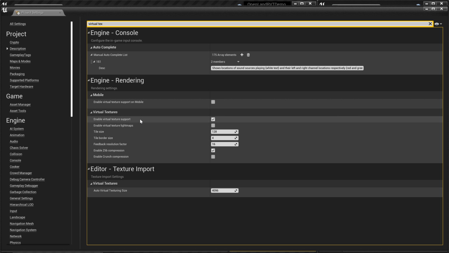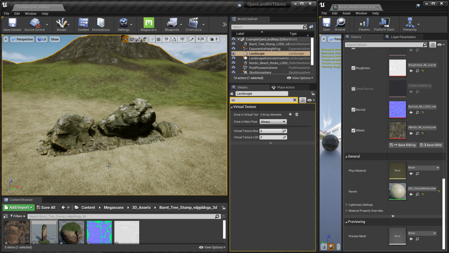And then you have to restart your project. In this case, it might take some time depending on the complexity of your projects. It could take up to 10 minutes to maybe a few hours. So then we need to install OpenLAN. You need to use OpenLAN as your landscape material. Just check the description below, and I have all the links for how we can get that, even for free.